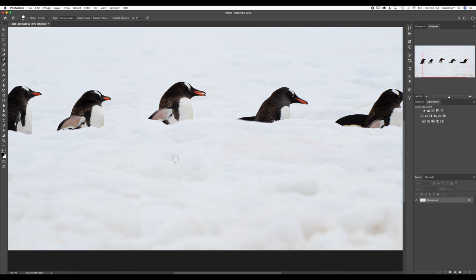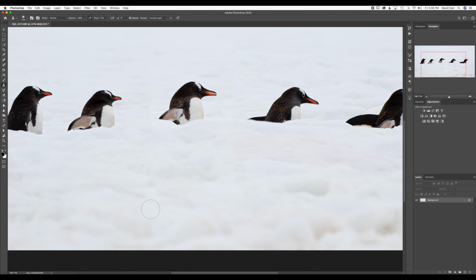superior to this. One thing I will say I would like to try is my clone stamp tool. I'm going to click the S key, and let's go to maybe grab some information from about right here. So I'm going to hold the Option key down, click, and then it's going to paint whatever I grabbed from here over here. You want to make sure your opacity is at 100% up here. But I'm just going to paint in and see if it looks right. I'm going to increase my brush size a little bit, and